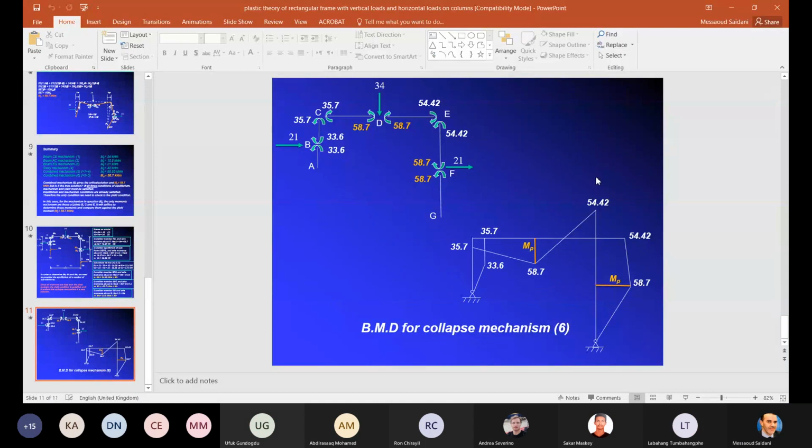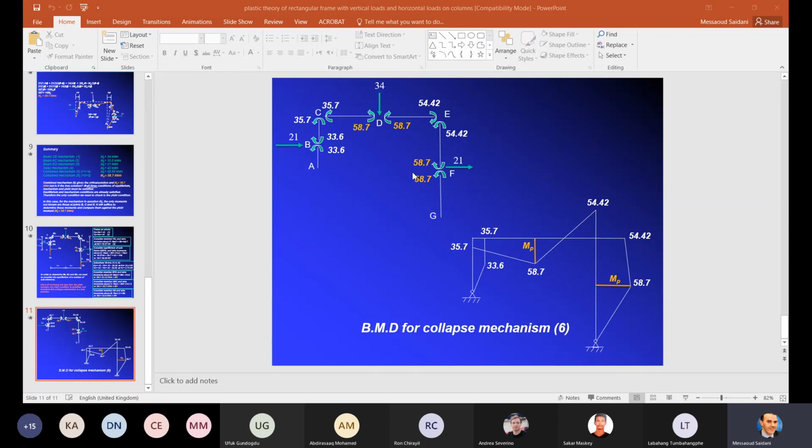Do you want me to go through it again? Yes, please. Okay. So what we said is we've got the values from the equilibrium here,